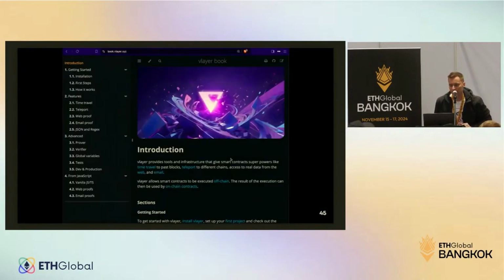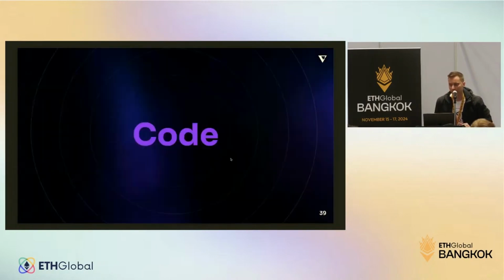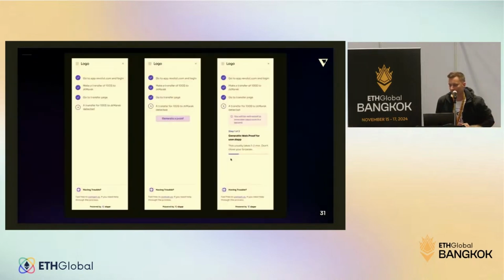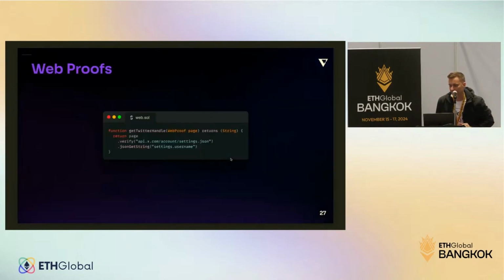Yeah, let's talk about web proofs. I'm going to repeat the question, sir, no worries. So the web proofs, let me go, yeah. There are significant limitations and things you need to be aware of when you build. It's all in the documentation, but I'm going to mention it specifically. So first of all, your web proof, you want it to be small. 1 kilobyte is great, 10 kilobytes is fine,